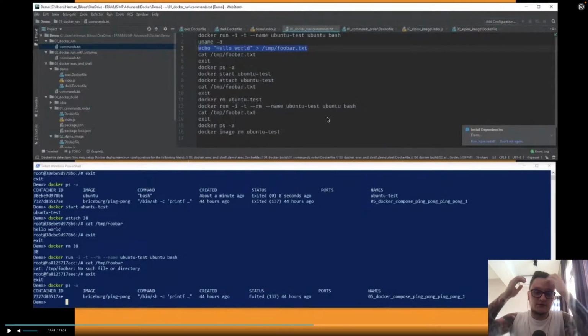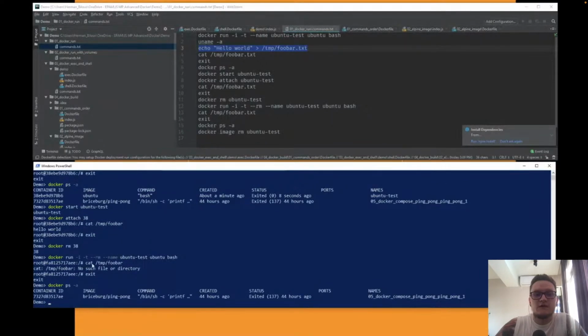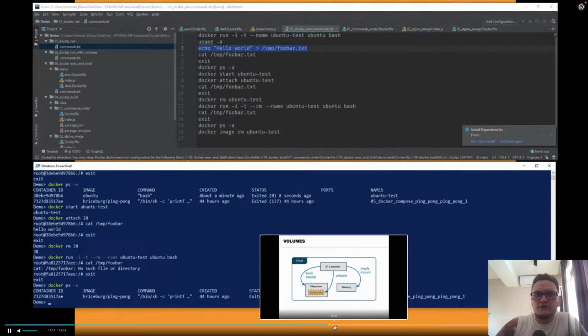He is talking about how people usually run containers, forget about volumes, and lose their data because they do not use any volumes for their containers. When you remove a container, you remove all the data.